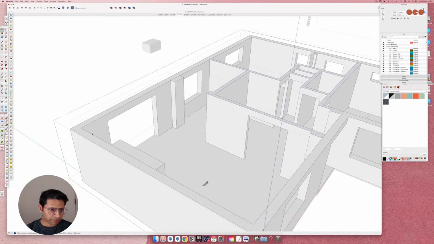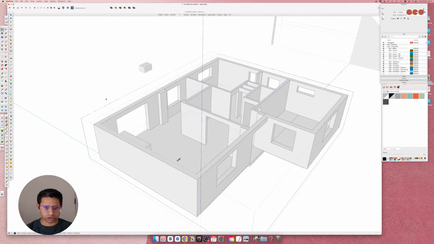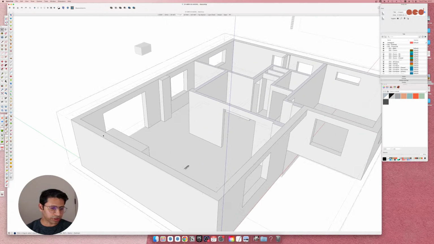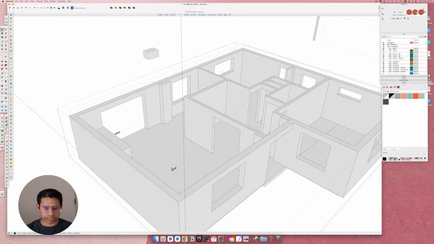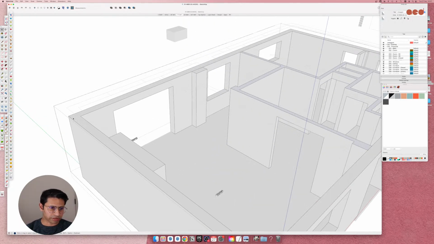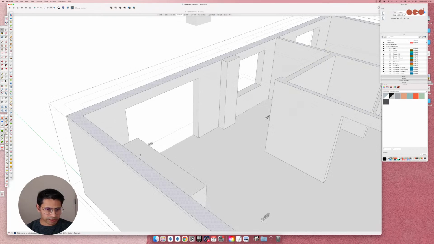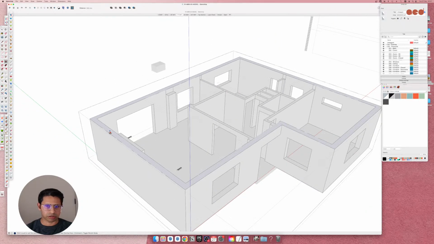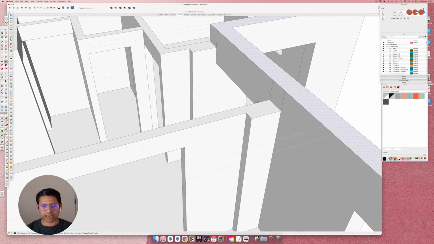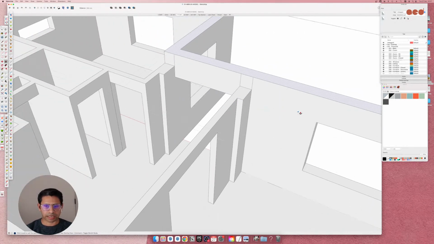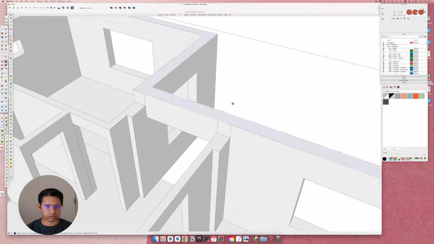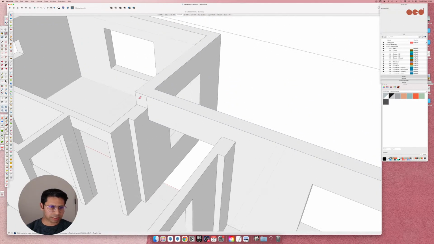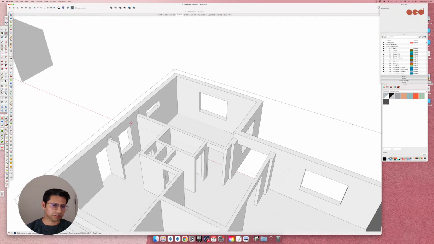Now I may not have explained why I separated the external and internal edges, but that'll be clearer once I start modeling the first floor. But once I have separated the external wall area, I just lift it up to the underside of the first floor. So you'll now see that the internal walls stay there and the floor plate will go over this internal wall. So I'm just going to again quickly clean up these areas,